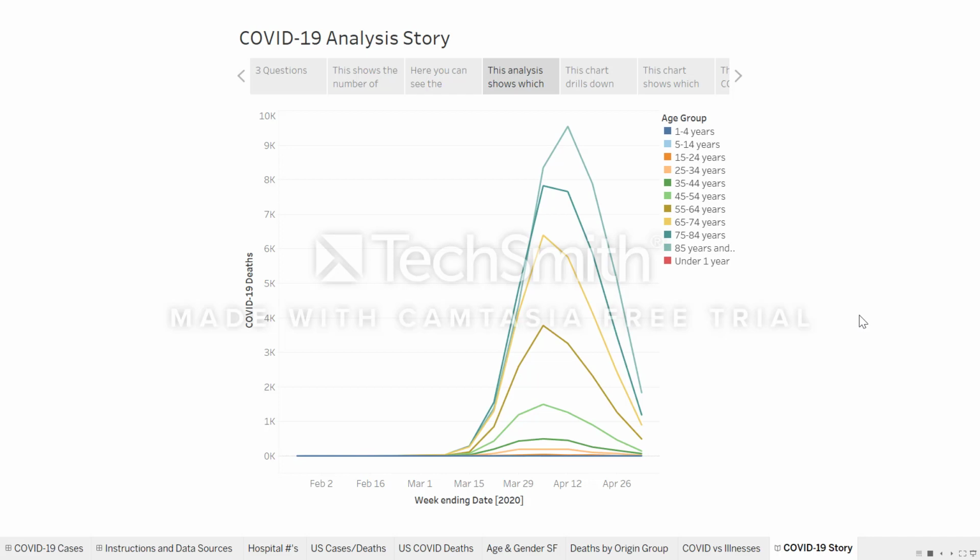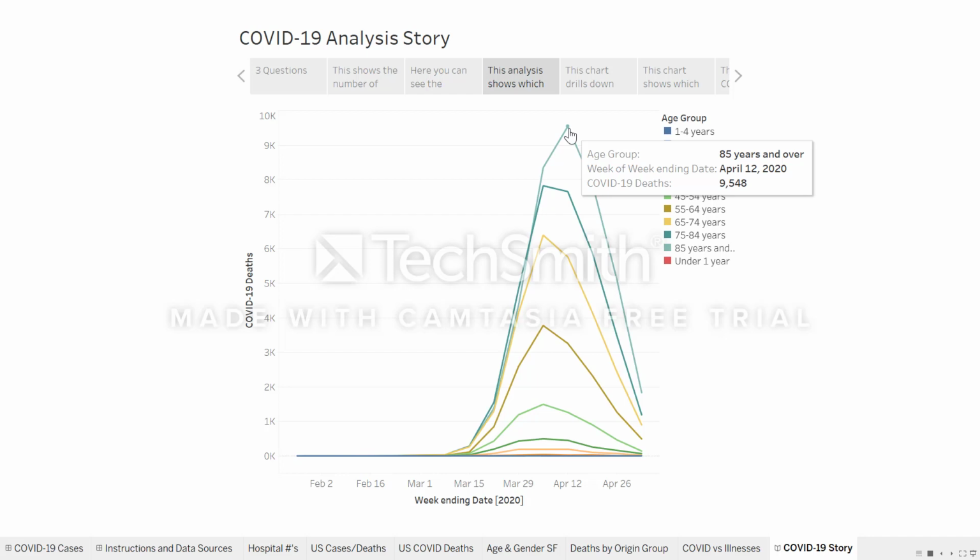The next chart is a line chart that analyzes COVID-19 deaths by age group over the weeks listed below. So the very first date is January 26, 2020, and it ends May 3rd of 2020. The age ranges are from 1 to 85 years old, and we have a small group here that's under 1 year, which doesn't show on the chart. The age group of 85 and older is the highest point on the chart here. So this age group has the highest number of deaths from the COVID-19 virus.